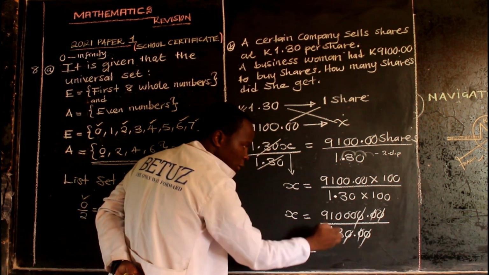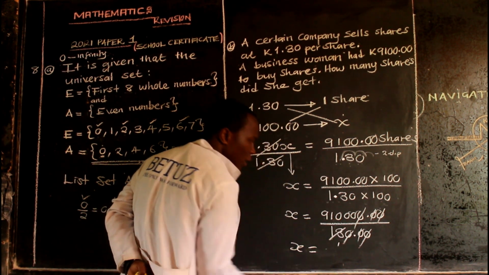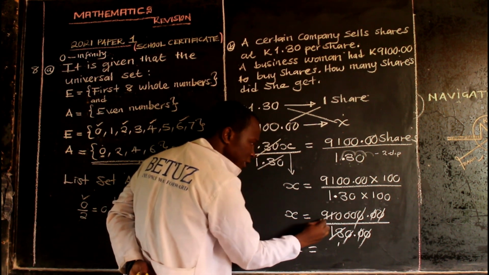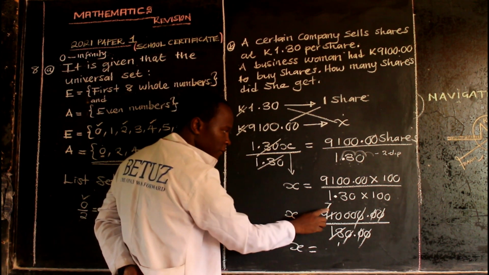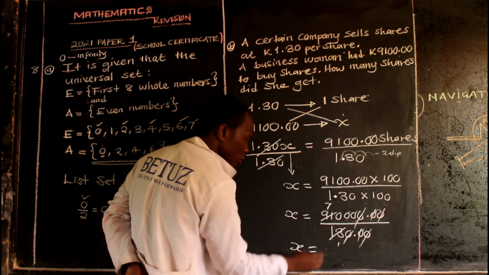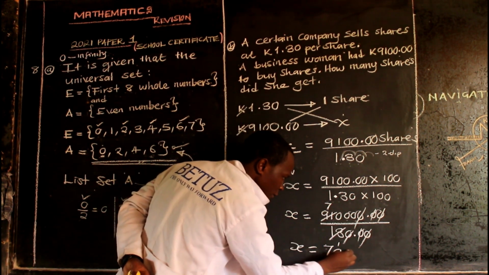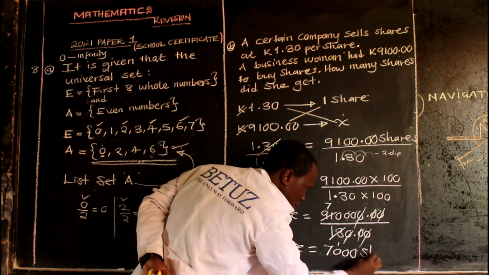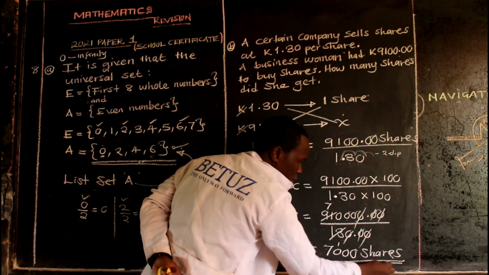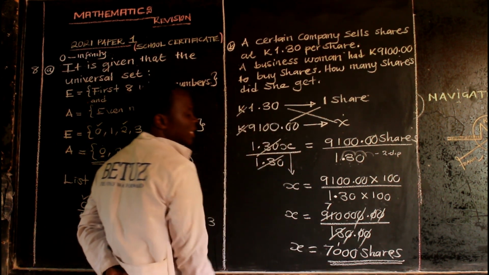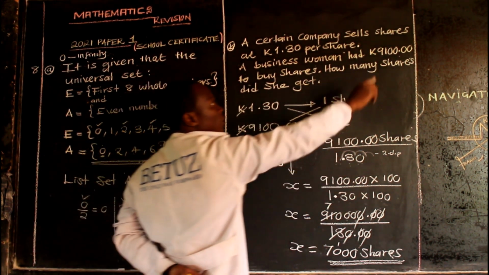Meaning 13 can go into 91. So 13 into 13 is 1. 13 into 91 is 7. So we are remaining with 7,000. So the answer is 7,000 shares. 7,000 shares. So she's going to have 7,000 shares for